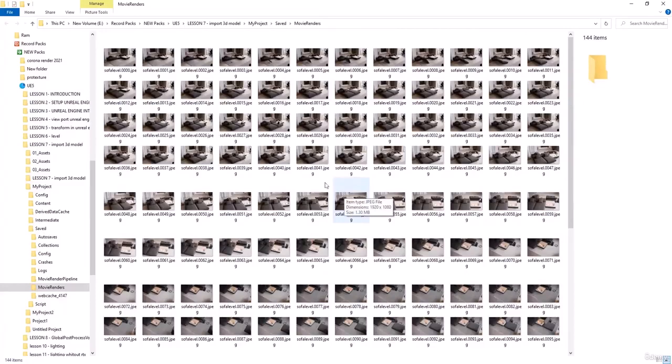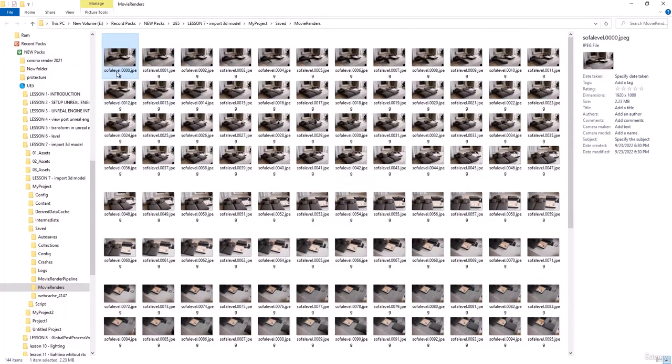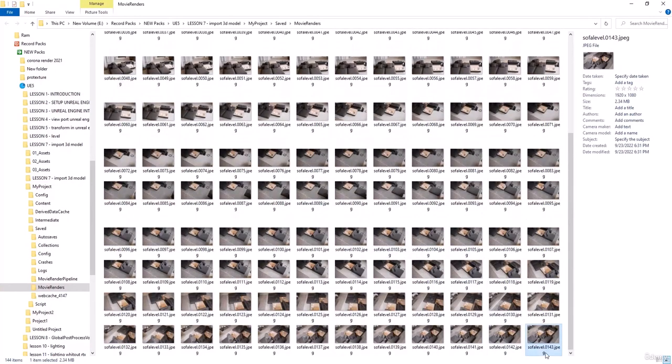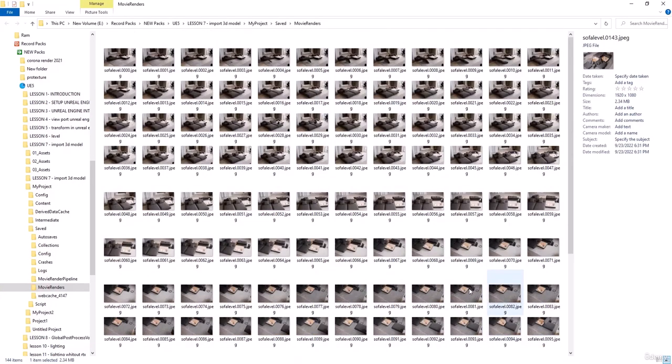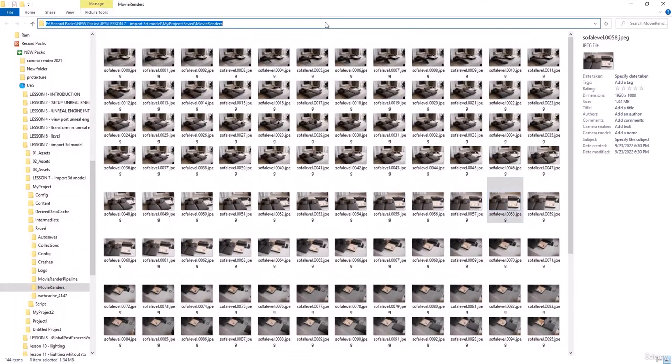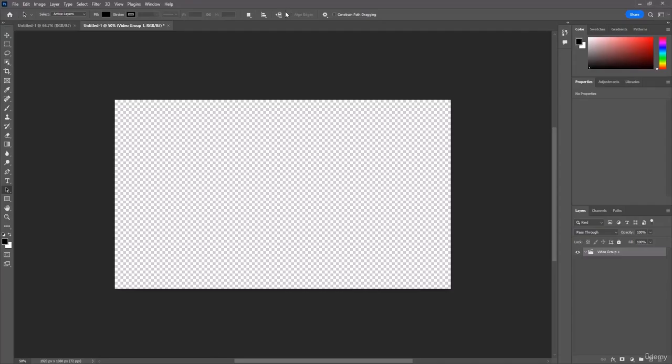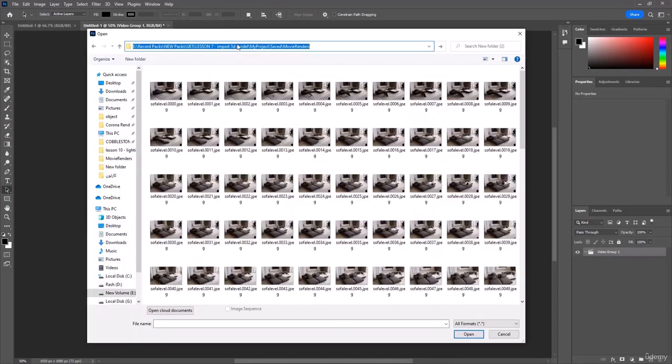We have all of these frames, 144 frames. The first one is called 0 at the end, and the last one is probably 143, so 144 frames here. And we're gonna stitch them together to make a video in Photoshop, and I'm gonna show you how. Okay, so let's just go to Photoshop, and I'm gonna copy this location, go to Photoshop, hit Control and O on my keyboard and paste the folder destination, and I'm gonna select the first one, and then check this image